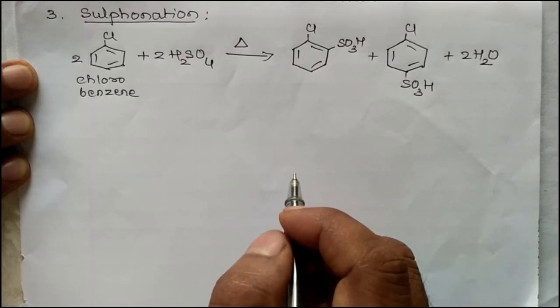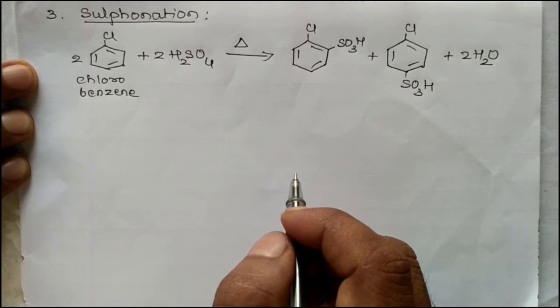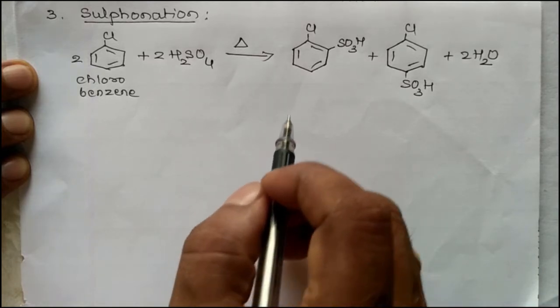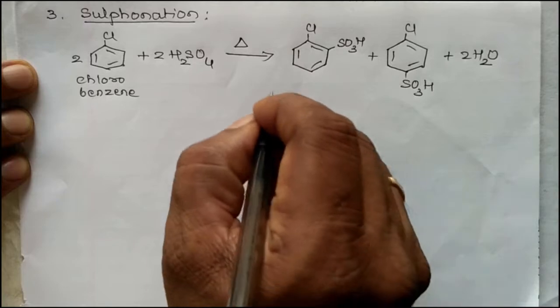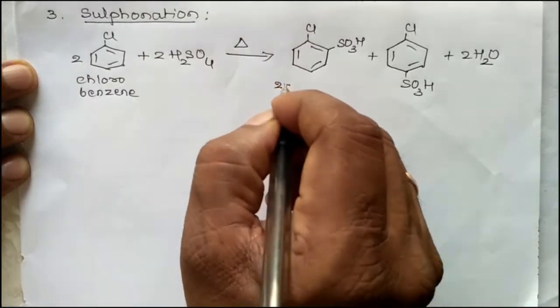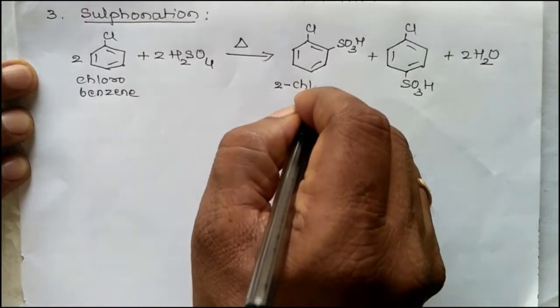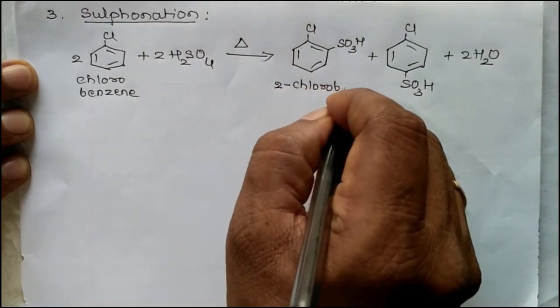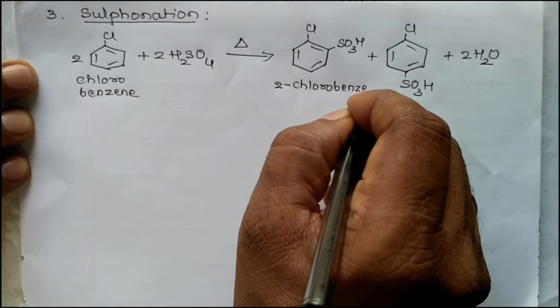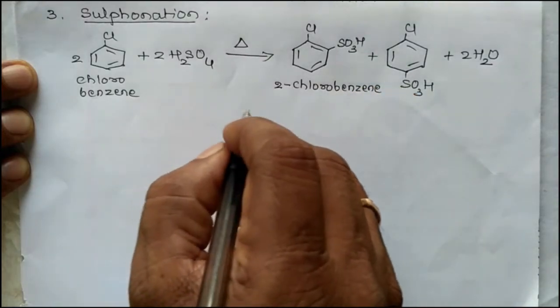The IUPAC name is 2-chlorobenzene sulfonic acid,